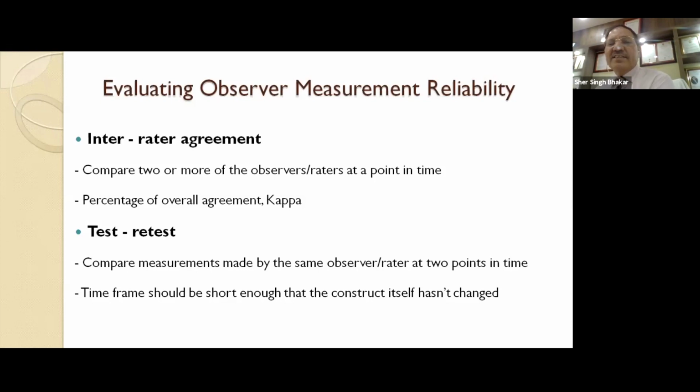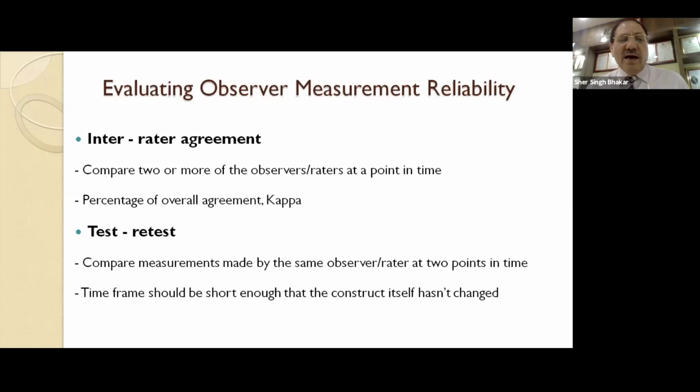Now, what is inter-rater reliability? When you are using raters, that means respondents. Okay, raters are nothing but respondents. So when you are evaluating differences between the respondents, whether they are giving different responses, it will be called inter-rater reliability. Test retest is when you use the same instrument to collect data twice or multiple times from same respondents and evaluate whether the results are similar. That means respondents are giving similar responses when you are collecting data using that instrument multiple times. So that would be test retest reliability.